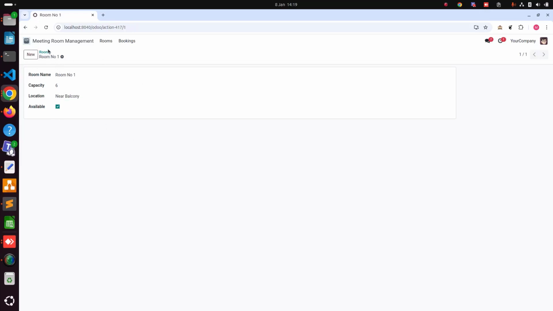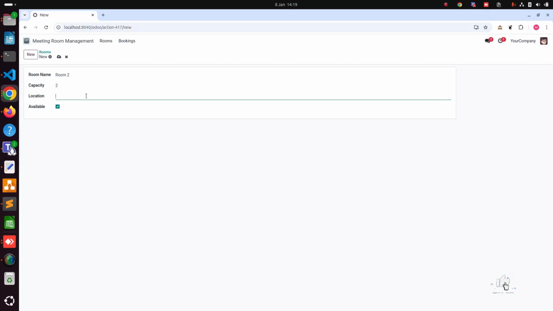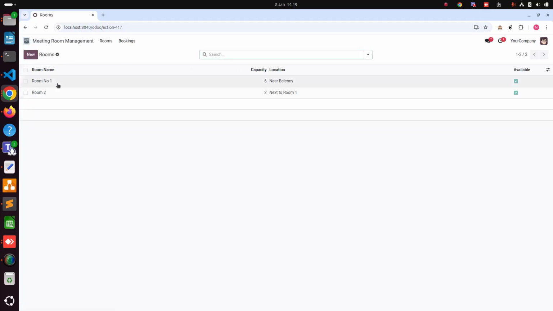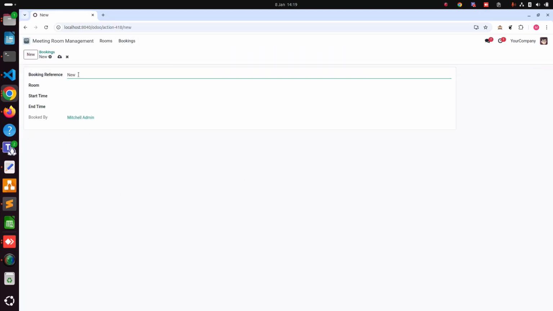So we save it. We also create another room with the name room 2. Capacity 2 people. Location, it's next to room 1. And available, yes. Now we can see in our list views. Now if we click in booking, we don't have any booking yet. We make a booking. This booking is called booking